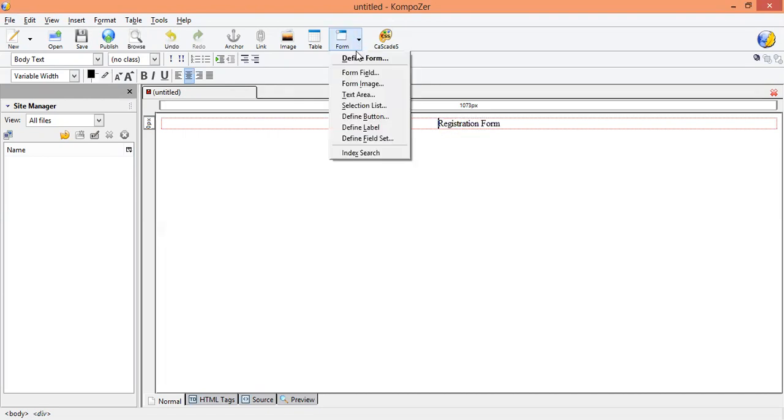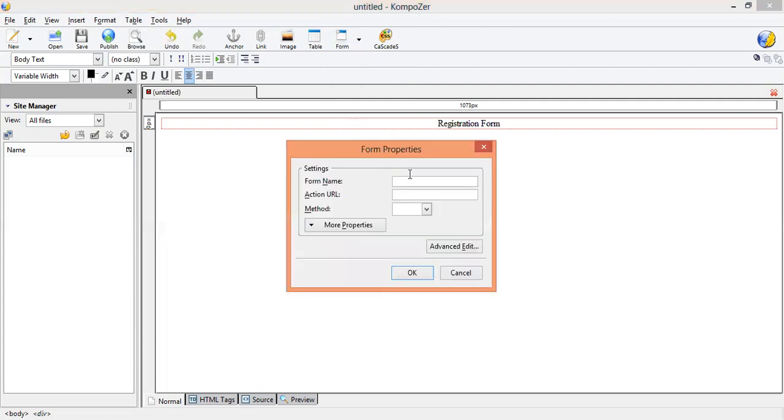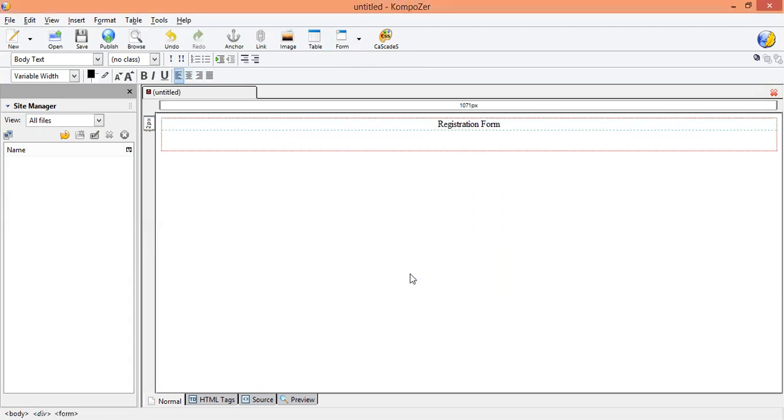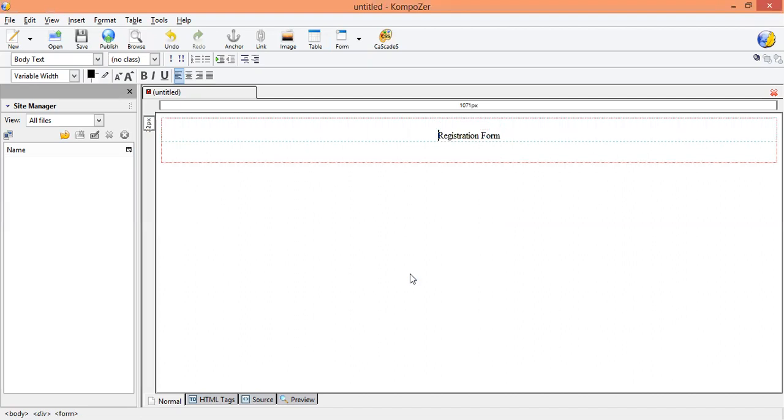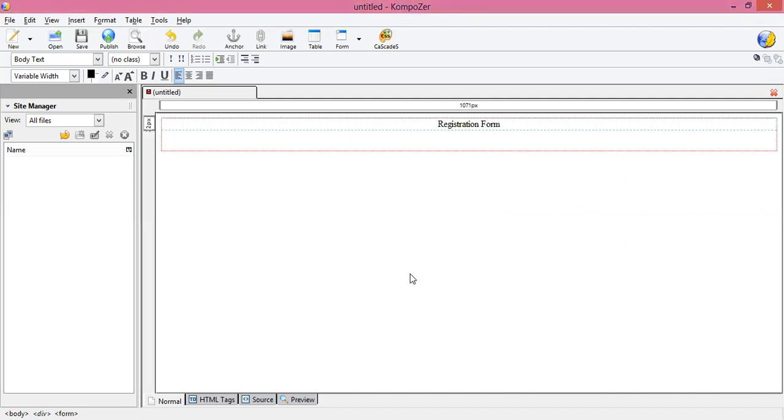Then you have to click on form, define form name. First I write down my name underscore registration form. I am creating the registration form, so I use here reg. Same name you have to use here with the file extension, which is .html. Then method, which is post, and click on the OK button. Then you can see the blue colored underline has come.